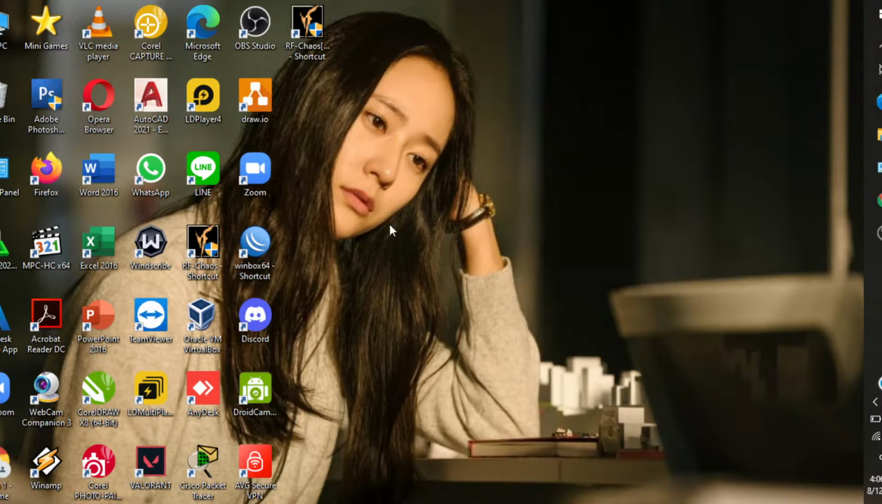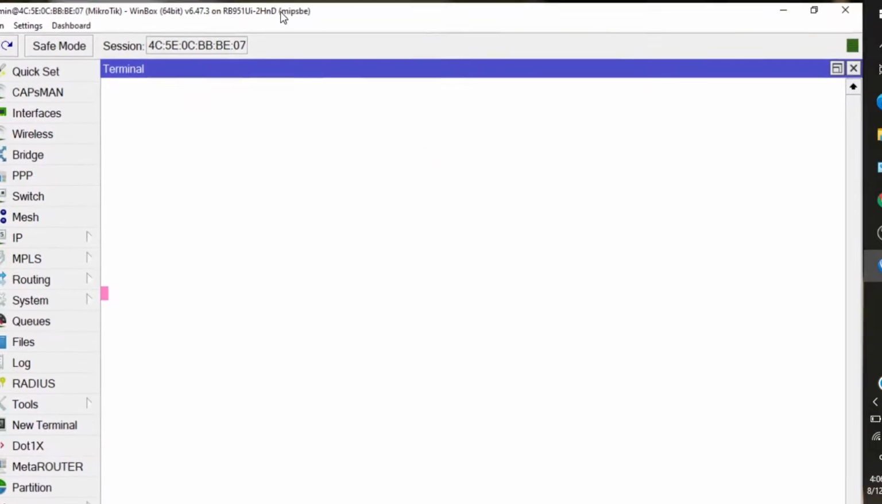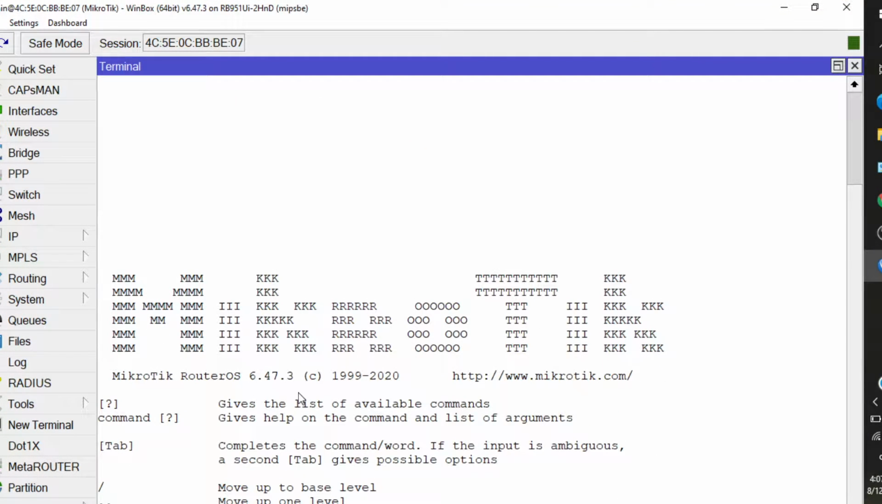The first, you can open the Winbox application, log in as admin, and select my address to connect. First, you can set this router. You can set the identity of this router with the command system identity set name. In this, I will give my name,